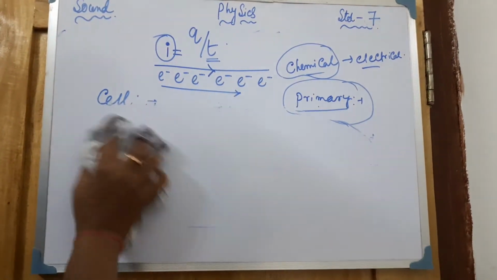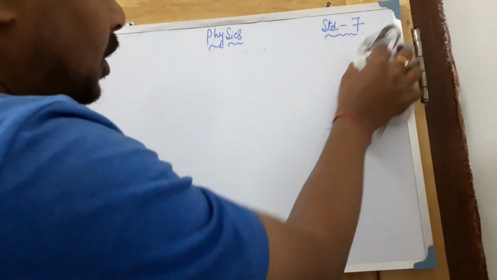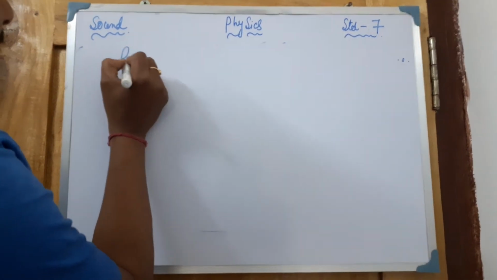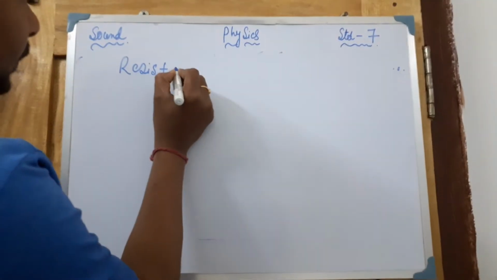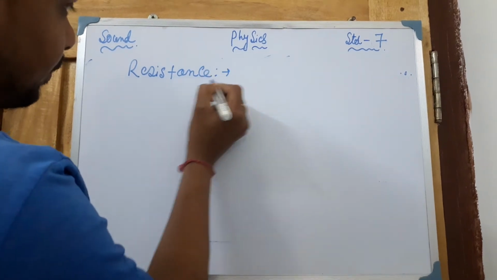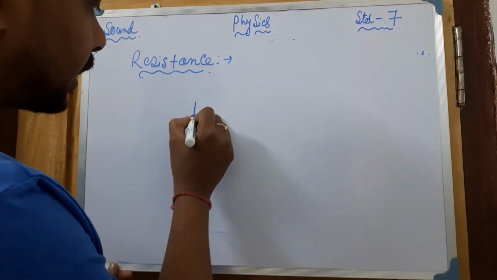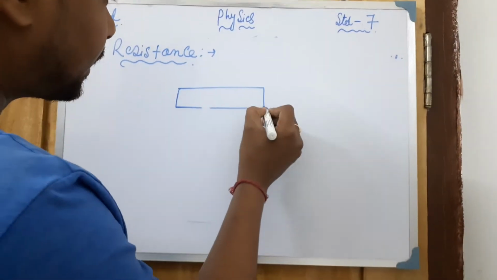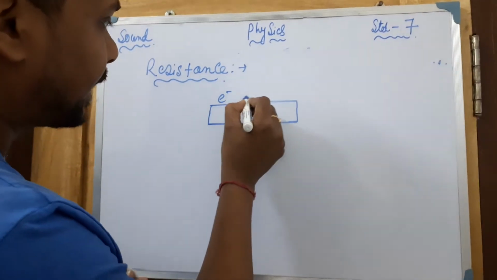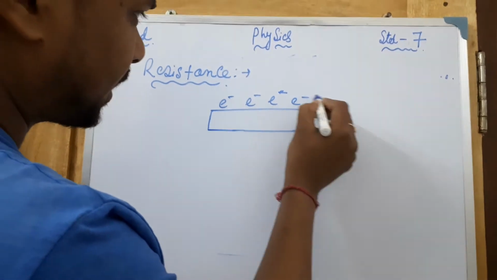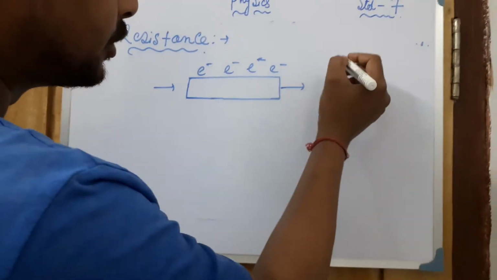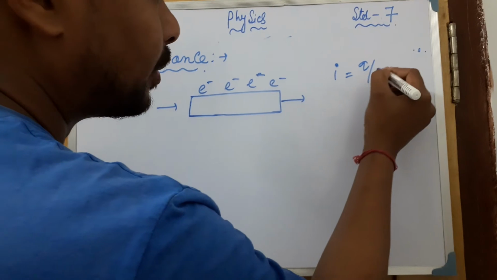Next we are coming to the resistors. Resistor or the resistance is a very important thing. Suppose you are talking about the resistance. From the name you can simply assume that resistance means the opposing force. Suppose you have taken a conductor. If the current can pass in this conductor, that means the electrons, the charges, are passing in this way, producing the current, I equal to Q by T.